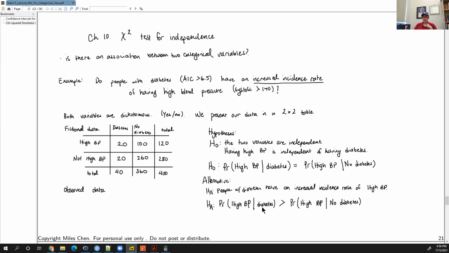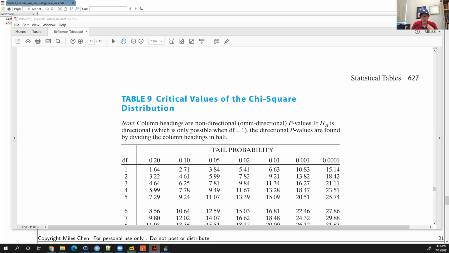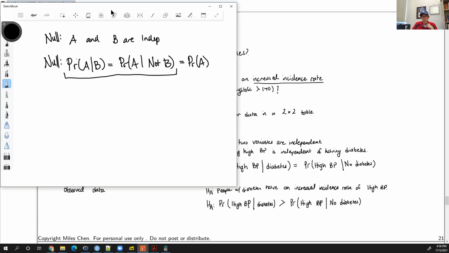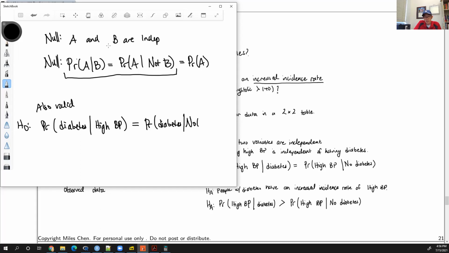What we can also do, and I didn't put these in the notes, but also valid, would be to check the probability of diabetes given high blood pressure. Is that equal to the probability of diabetes given not high blood pressure? Okay, but,